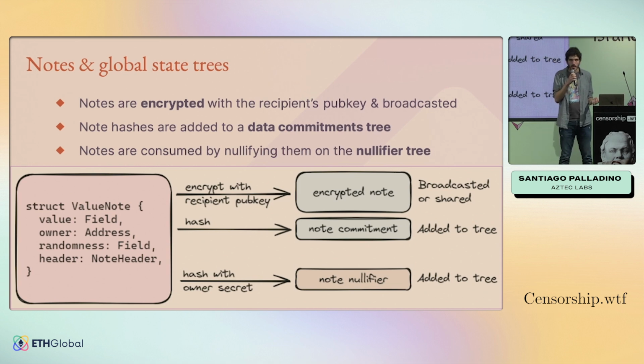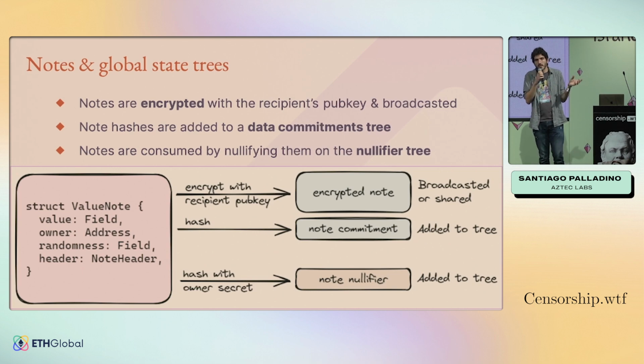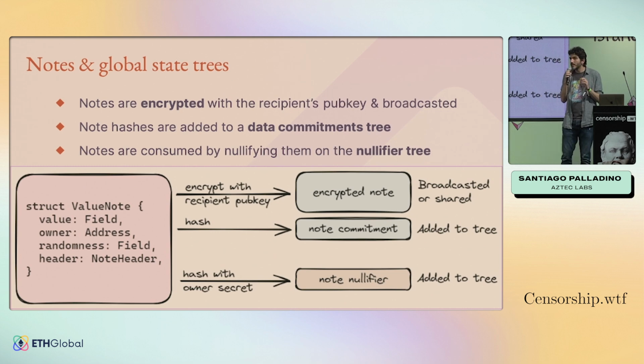So whenever a node is created, we add a commitment, a hidden commitment to it in what we call a private data tree. So whenever a user needs to generate a proof that uses this particular piece of state, they need to prove membership of that node in this Merkle tree. Consuming a node, basically deleting a node, rendering it outdated, is done by nullifying the node. A node is nullified by emitting what we call a nullifier, which is a hash of the node mixed with a secret generated by the user in a deterministic way, such that the nullifier cannot be linked to the node commitment.